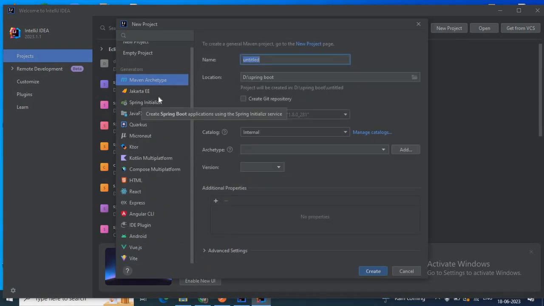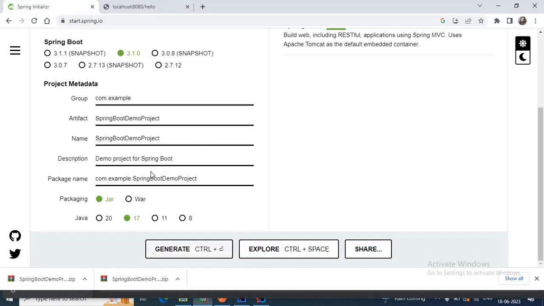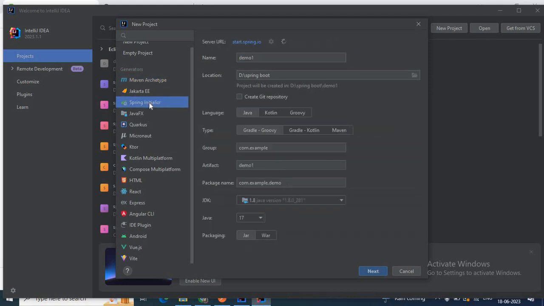In our Community Edition we have only this Maven archetype, then we have Jakarta EE, all those things, isn't it? But here you can see there are plenty of project creation options. Like you can create a Spring Initializr project, you can create Jakarta EE, Micronaut, Kotlin, so many options, React project as well, Angular. So you can create so many projects by using IntelliJ Ultimate Edition. So what is our objective? We need to create a Spring starter project. So we go with this Spring Initializr. So what exactly that Spring Initializr does here, we can do these things by using this one as well.